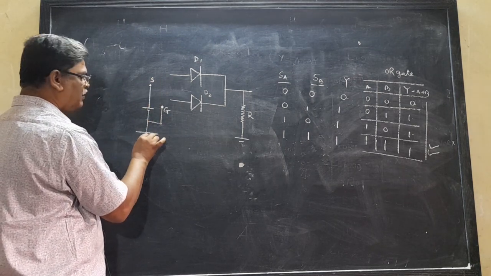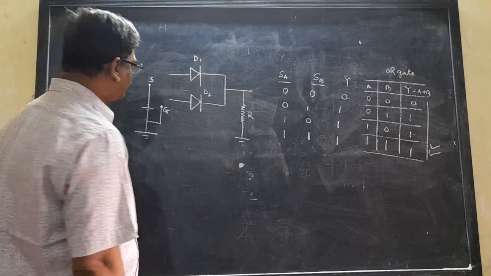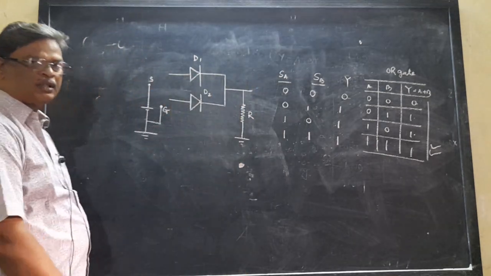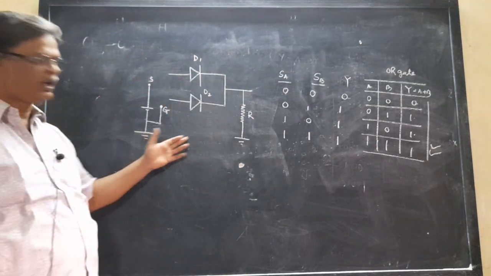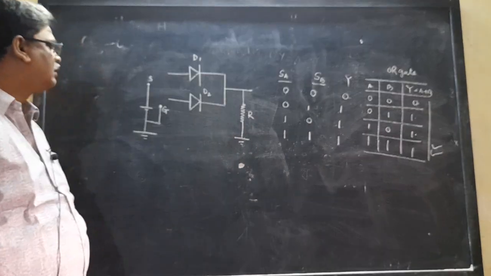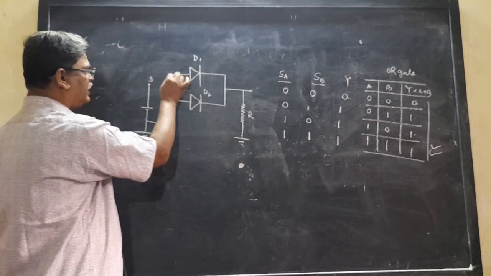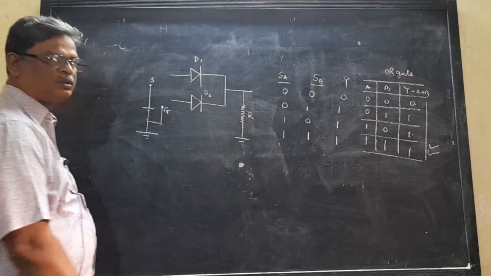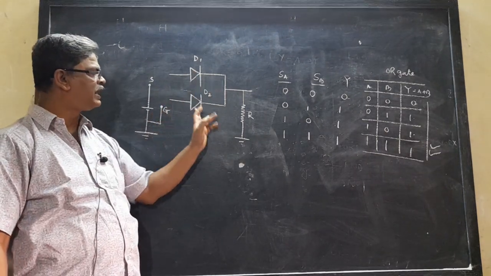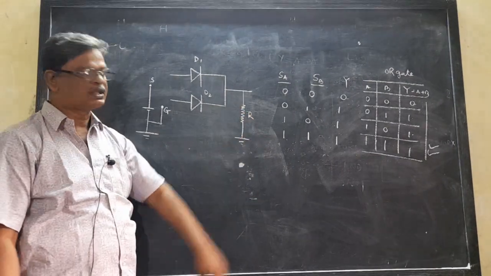This is connected to the ground, that means these are connected in series. Now see, this is the complete circuit. Ground. Usually we represent an electronic circuit this way. This is the ground. So the two diodes D1 and D2 are connected in parallel, that means P are connected to this side and N are connected to this side, and there is a load resistance R.